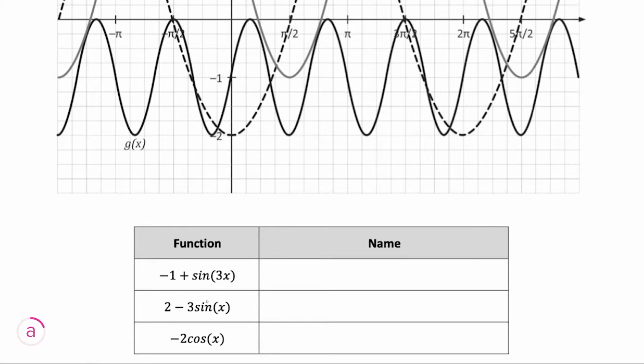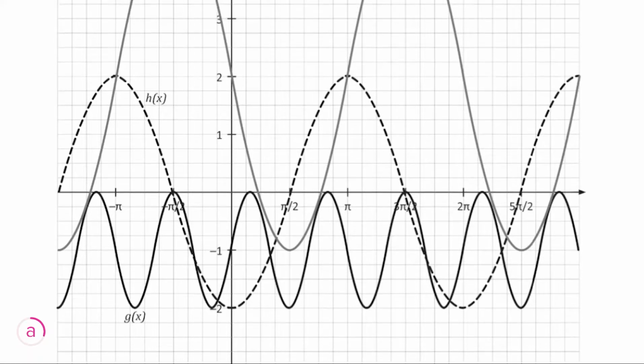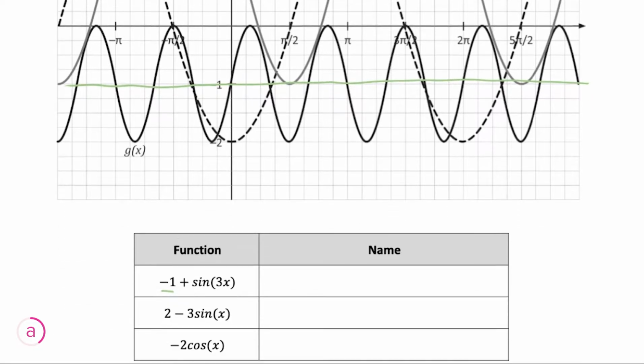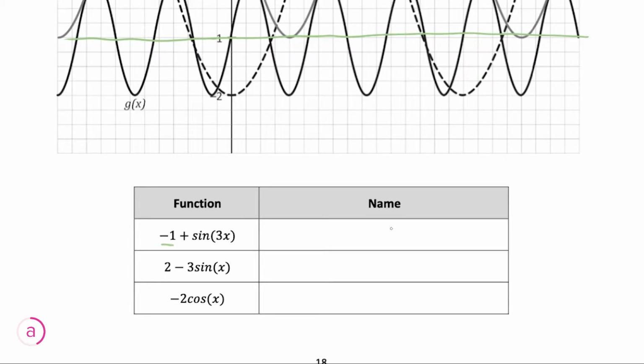functions. So this first one here, we're given a -1 out front. And now this number out front means where the center line is. So if we go back up to the graph and draw a line across at -1, we can clearly see that g of x has a center line at -1, and therefore we can reasonably conclude that this first function